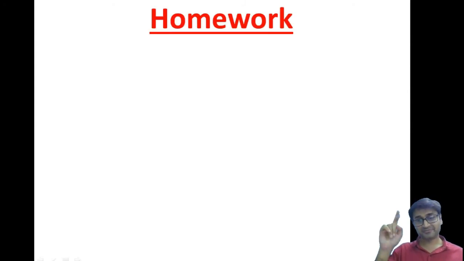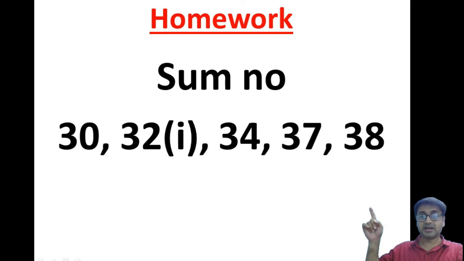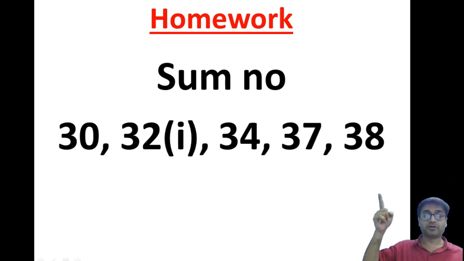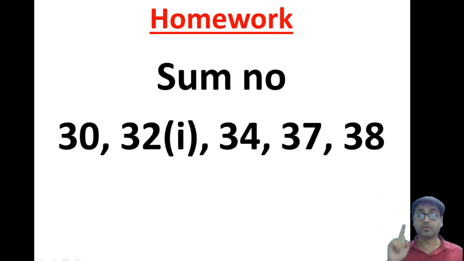Finally, homework. So there your homework is. I want you to do sum number 30, 32 part 1, 34, 37 and 38. 37 I have repeated. It's a good question. You must try it on your own. Sum number 38 right up over there has something in the end to be proven. So you don't do any proof type, you just do your construction and leave it. No proofs are expected in the exam with construction, only construction, that's it. Leave it right over there.